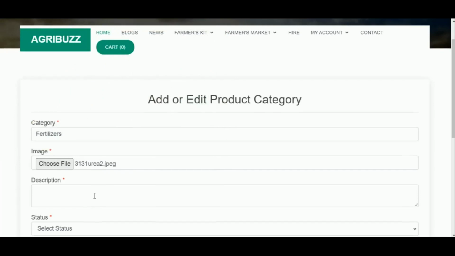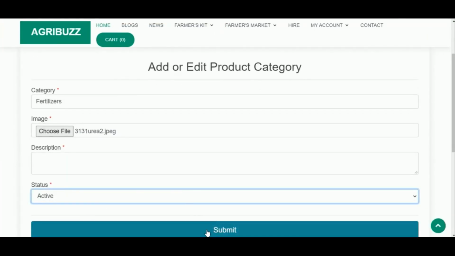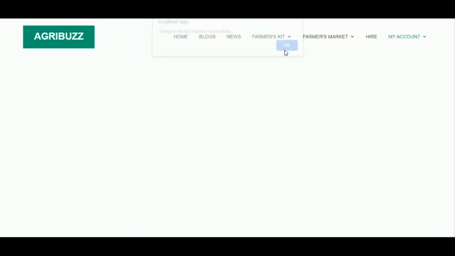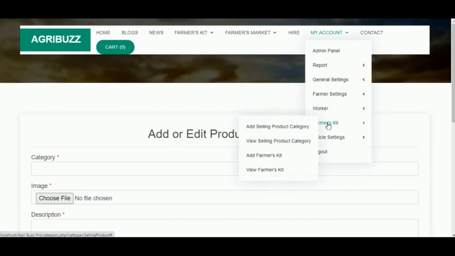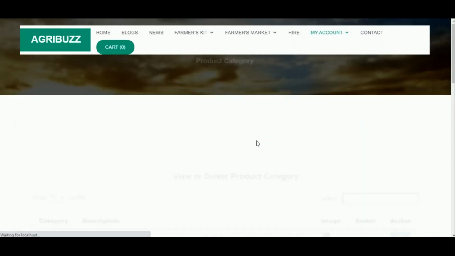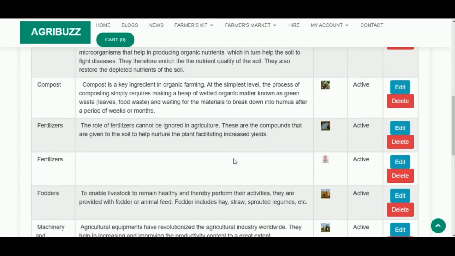That is by mentioning category name, image and description. All the added product categories can be viewed under View Selling Product Category along with the actions Edit and Delete.